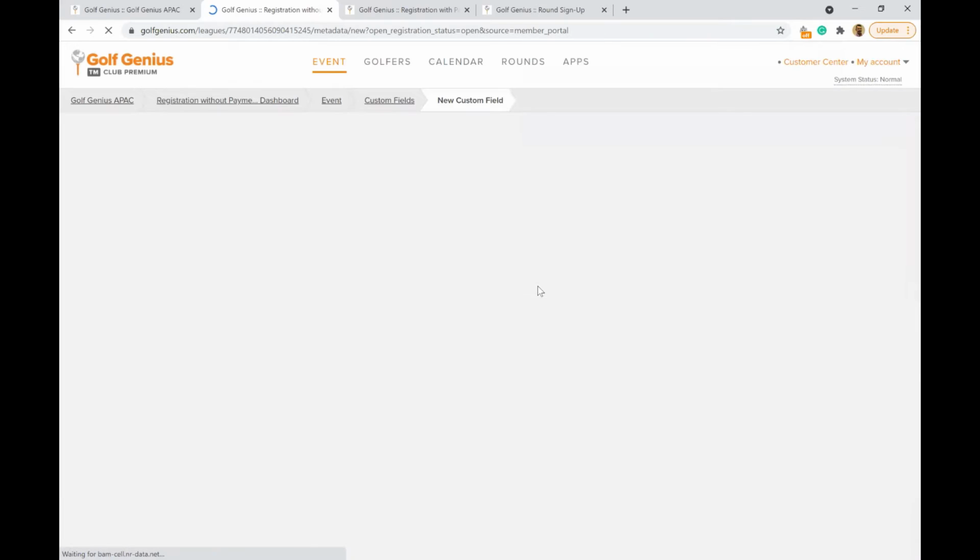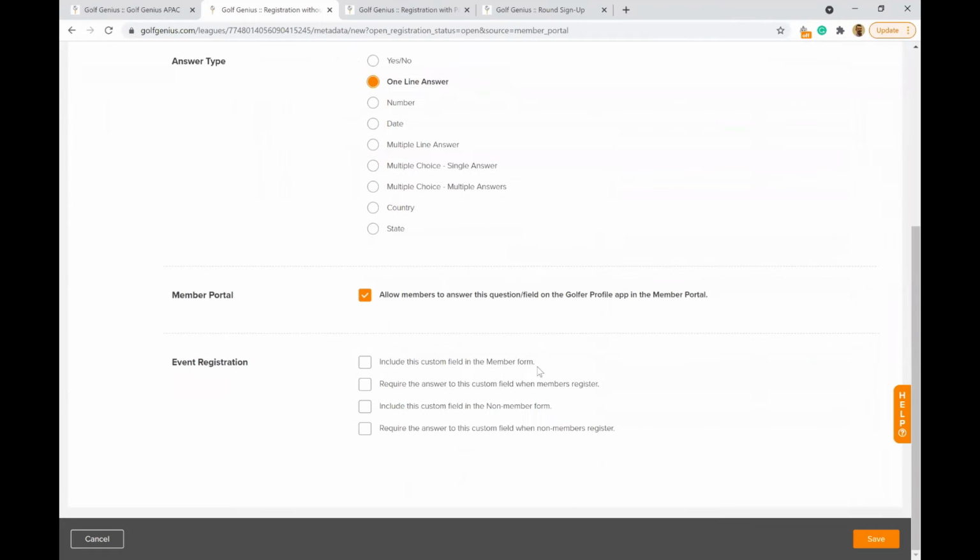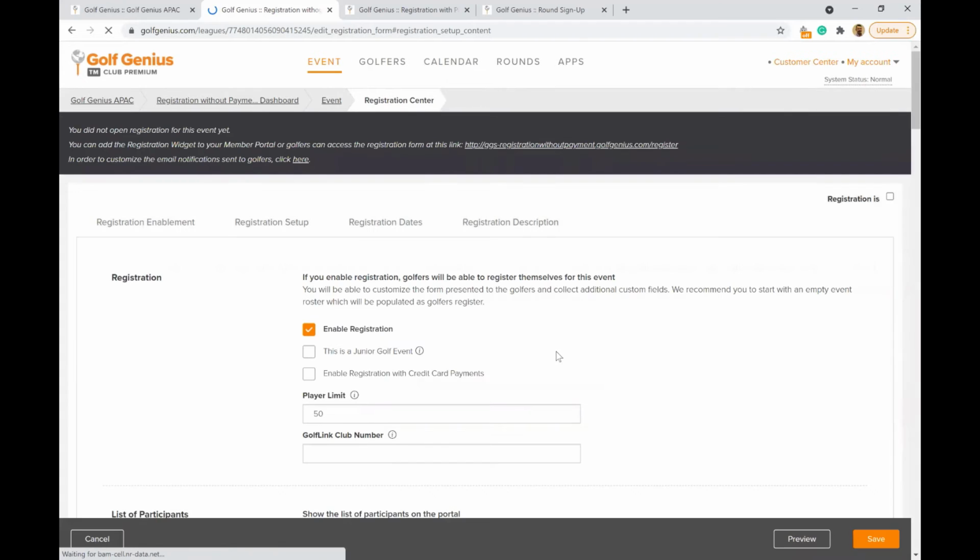So we'll add a custom field of home club, and give it a one-line answer. And we're not going to include this in the member form, but we are going to require it in the non-member form. That way we now have a separate question that the visitors, guests, whatever you want to call them, are going to have to answer